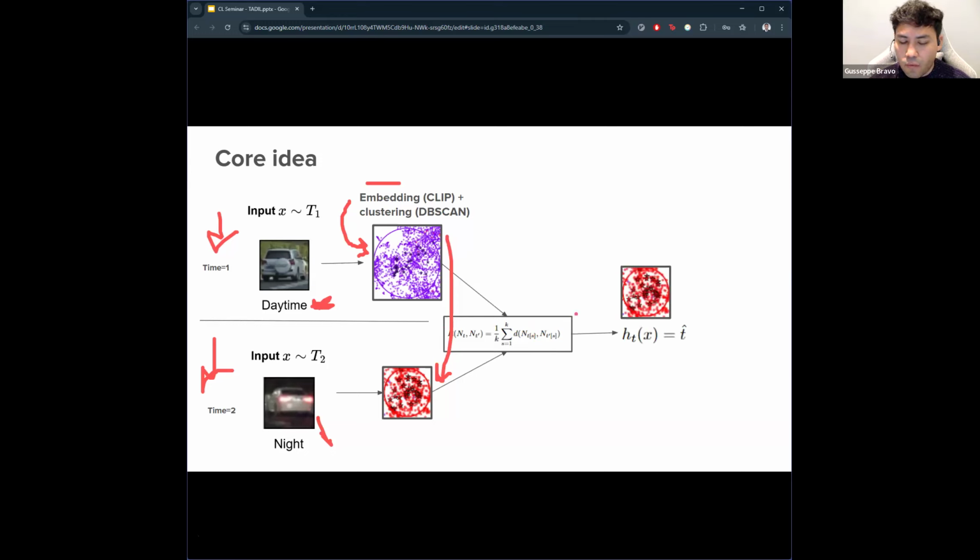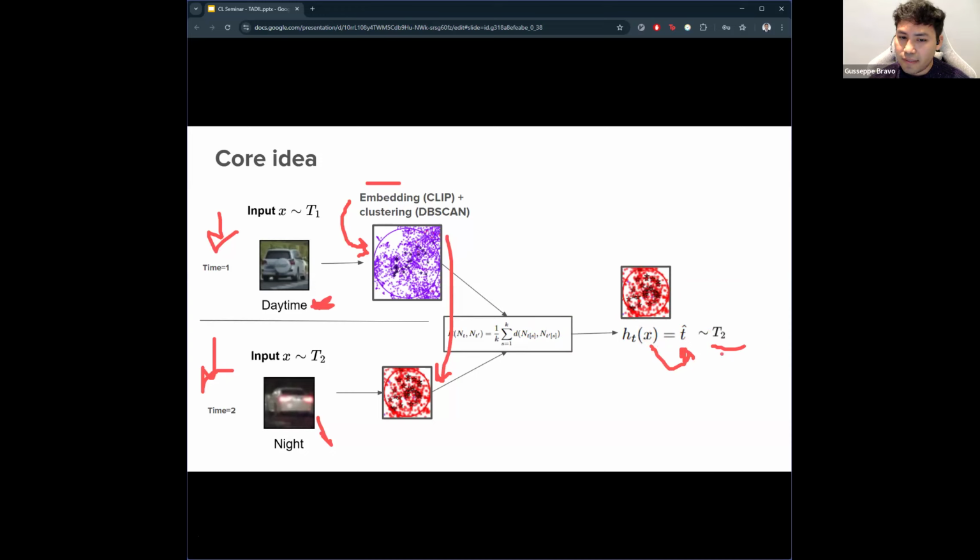And we train a classifier, so that we can have the input and yield the task ID, so that at inference time we can get the task.